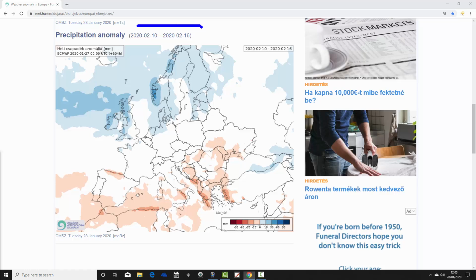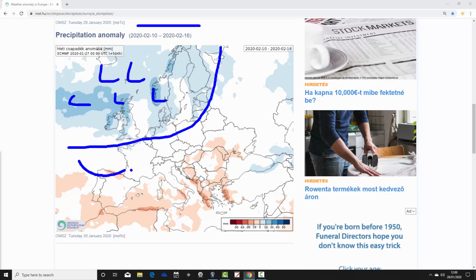Again, precipitation only from the 10th to 16th of February. Scandinavia into parts of the Low Countries, northern Germany, UK, Ireland, above average rainfall. So it looks like low pressure, if anything, is driving back in from off the Atlantic. Weaker signals elsewhere in Europe, but generally the south of Europe is looking rather drier, so presumably we're going back